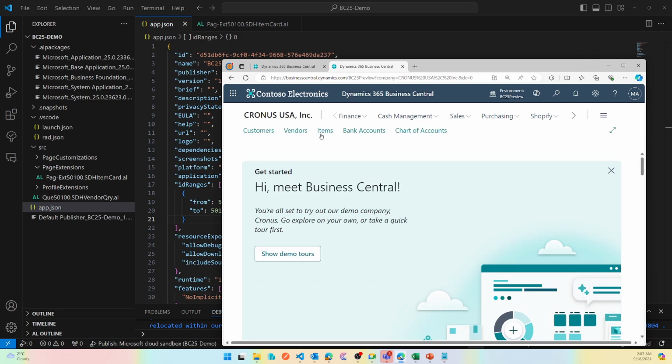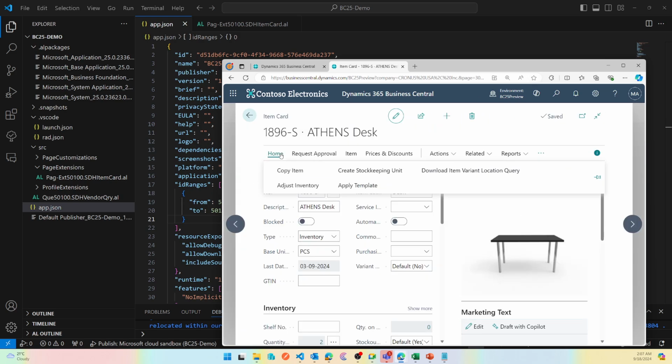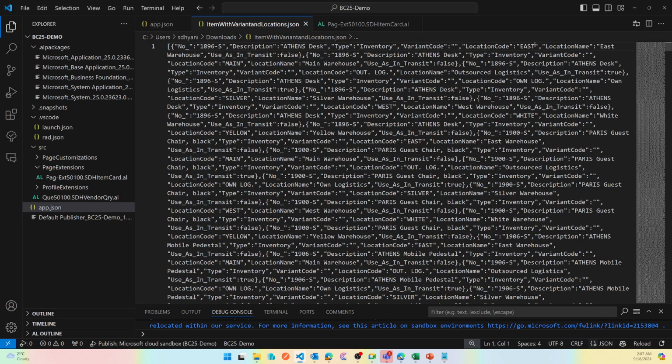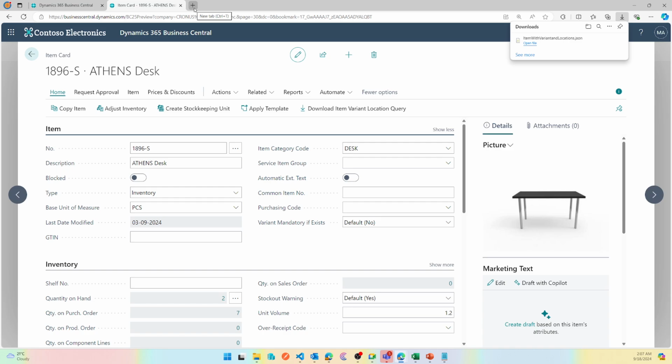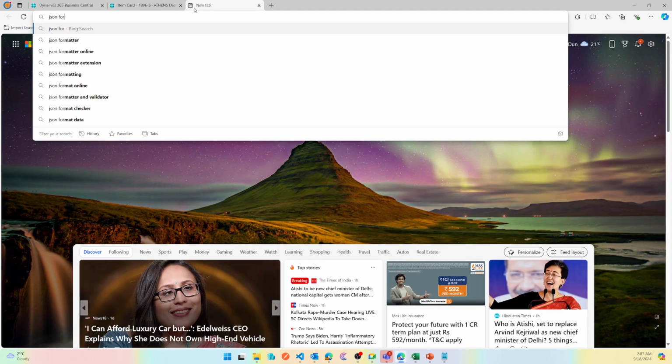And then I get into items, and here from items, item card, sorry, where I have added the action, I can just do it, and I should be doing it on the list to be very true, and then I can do download item variant location query. You'll notice that the file gets downloaded here. When you open it here, it may not look as perfect as you were thinking, because these are not formatter tools, but you can look for a JSON formatter online,